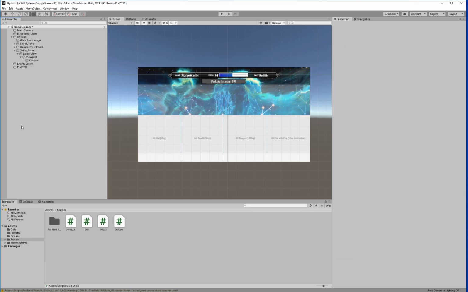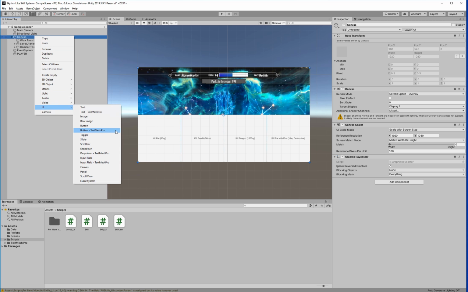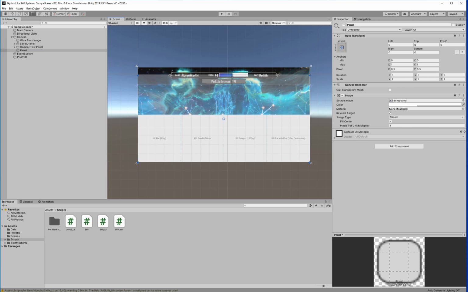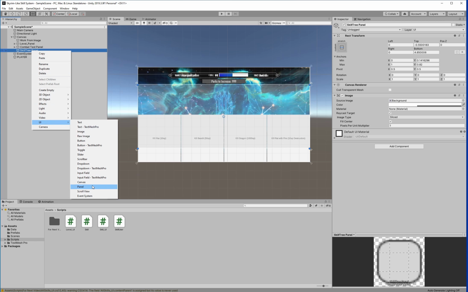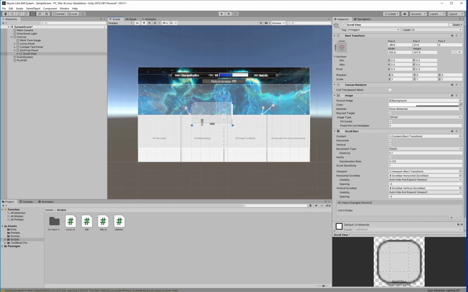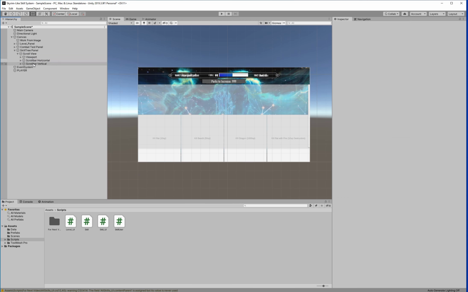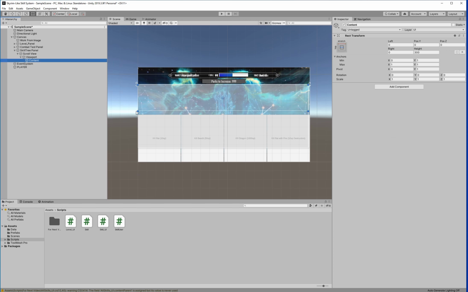Actually, I'm going to go back into Unity, and I'm going to go ahead and go into my canvas here. I'm going to create a new panel, all right, and then we're going to lay a scroll view onto here. I'm going to go ahead and shift those anchors down so that whenever we change the screen size, that'll work for us. So we'll call this the skill tree panel, and then we're going to put in a scroll view here. All right, we're going to model this after Skyrim, so we don't need those scroll bars, and we want to expand the content here. So we're going to make sure that that expands beyond the dimensions of our panel,